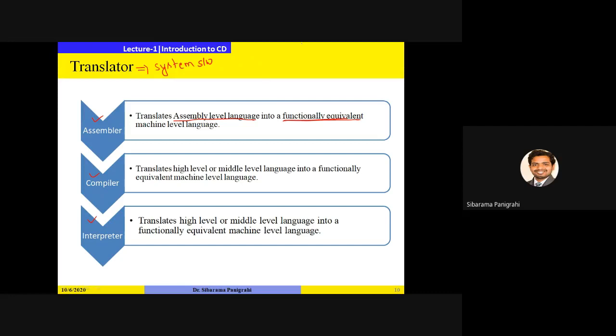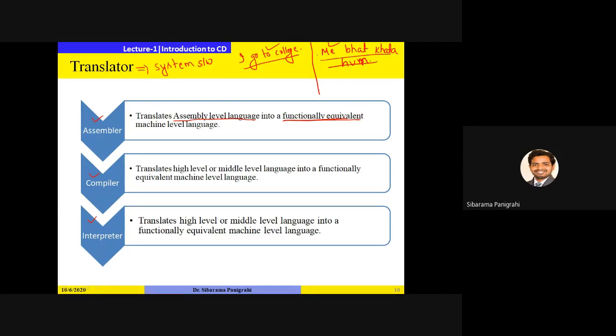Let me tell you one simple example. Suppose I want to translate from English to Hindi. I have written "I go to college." This is English. I want to translate it into Hindi: "मैं भात खाता हूँ." Now you see I have translated from English to Hindi, but both sentences are not functionally equivalent.